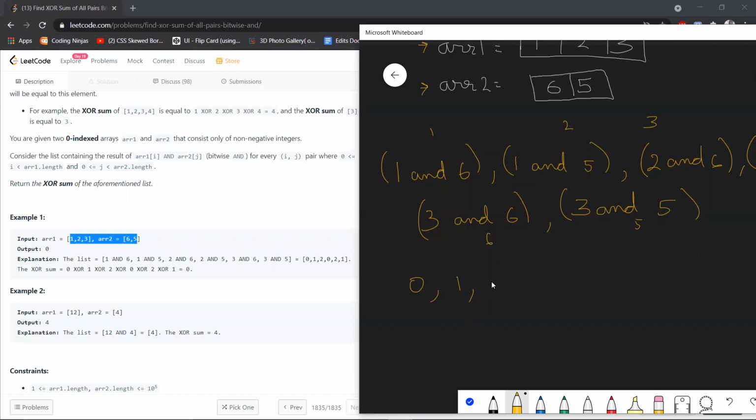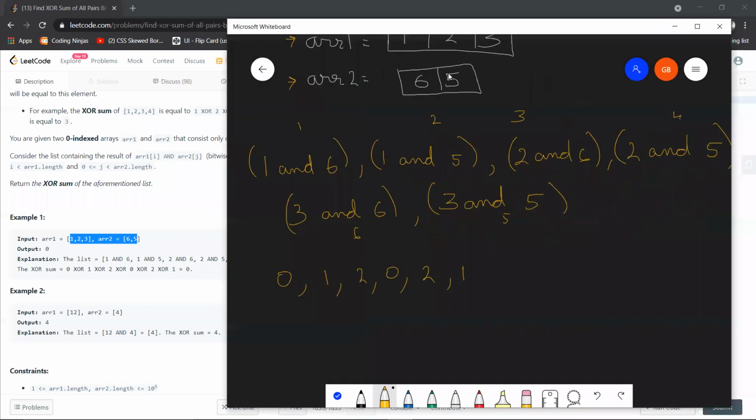Then we get 1, 2, 0, 2, and 1. Our job now is to find the XOR sum of this resultant array, which is very simple: 0 XOR 1 XOR 2 XOR 0 XOR 2 XOR 1. I think the answer to this would again be 0, as 0 is present, right?